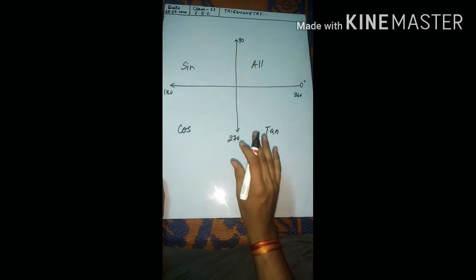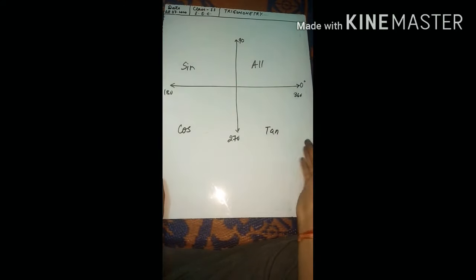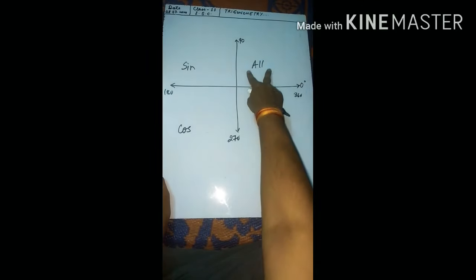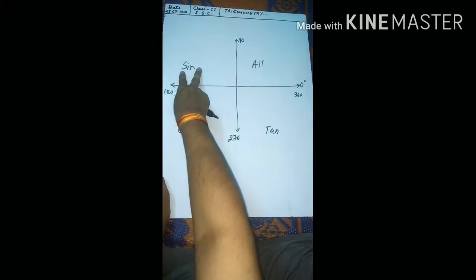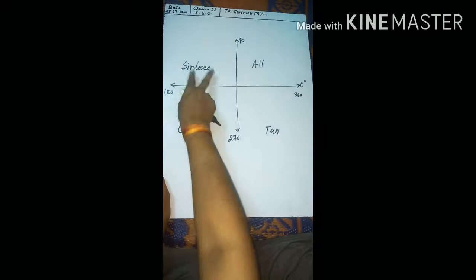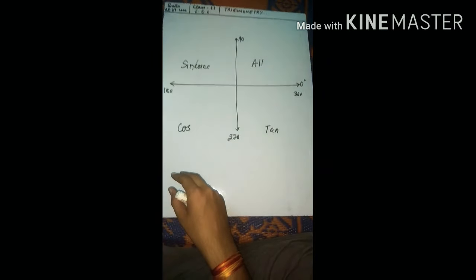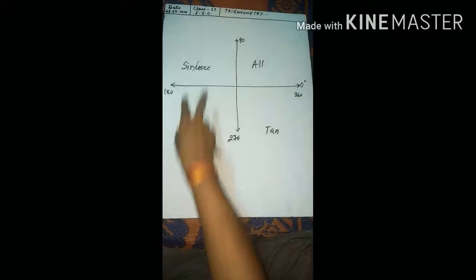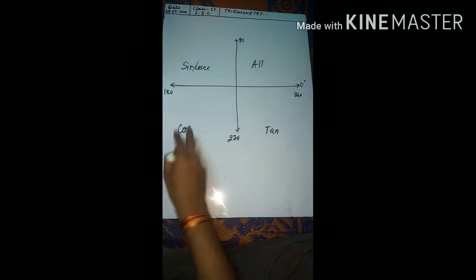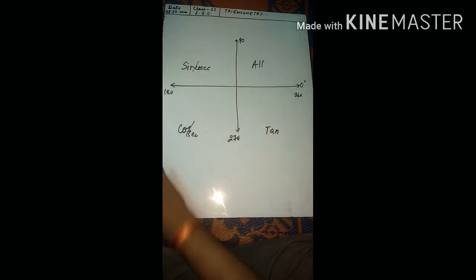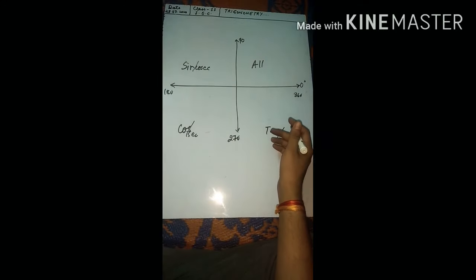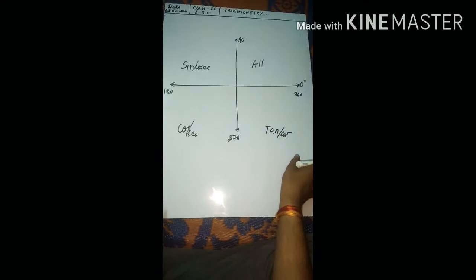Now you are a little bit confused about what positive I'm trying to explain. So just listen to me and remember the things. All the trigonometric functions are positive here. Only sine and cosec, because sine and cosec are related, both are positive. The rest of the trigonometric functions will be negative. Okay, vice versa. Cos and sec will be positive, others will be negative, and tan and cot will be positive and others will be negative. Okay, I think this much is clear to you.